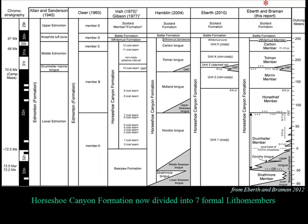The rocks that extend from Drumheller up to basically Horse Thief Canyon and a little bit beyond that are now placed in what's called the Horse Thief lithomember. We have a Morin lithomember that I named because my wife wanted something named for the town of Morin. Really? No, because the rocks are very, very well exposed at that Morin Bridge. All right, so we have the Morin lithomember and then the Tolman lithomember, named because of the rocks up around